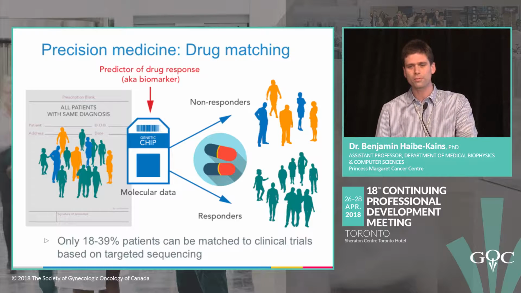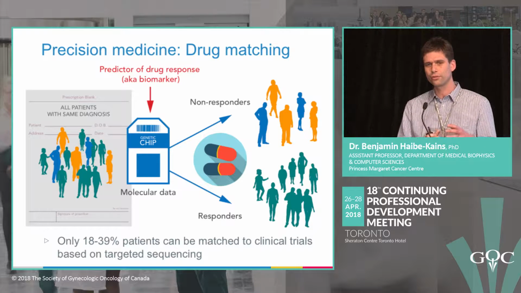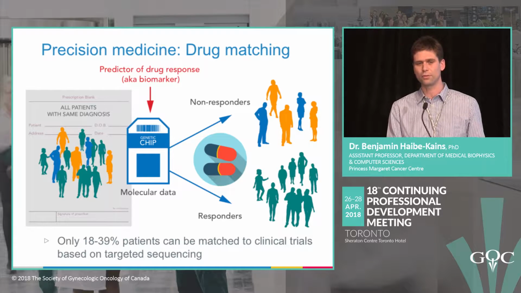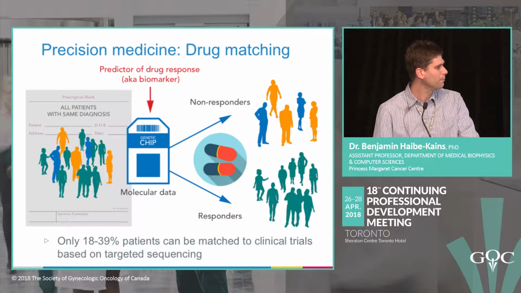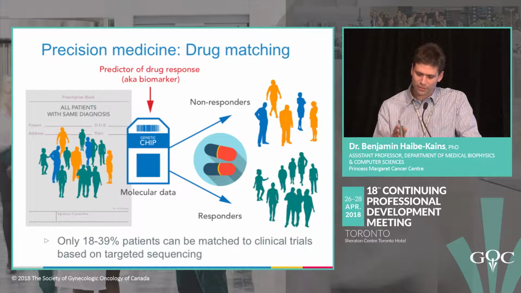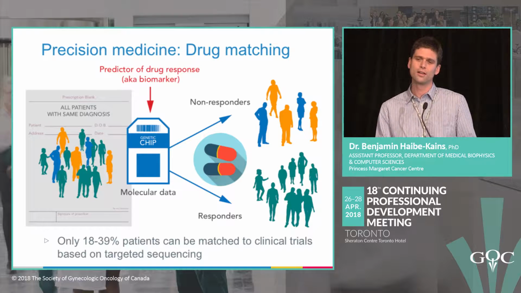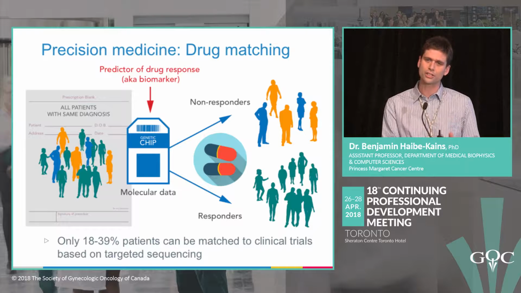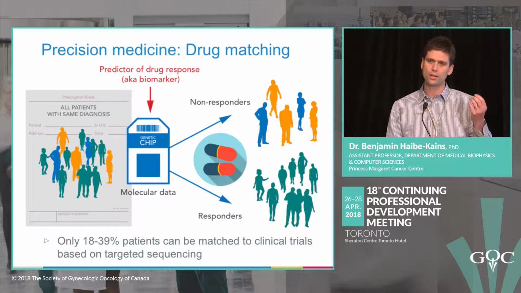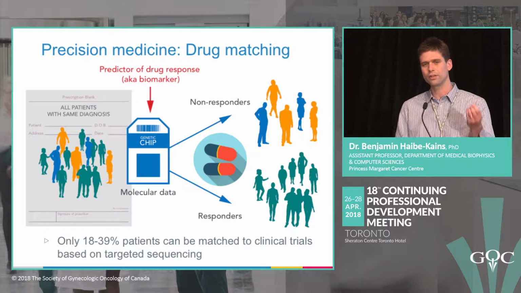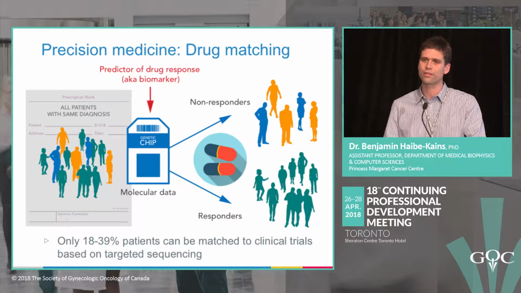So the problem here is that you would like to identify those patients that are more likely to respond to any given therapy. And the big issue is that, that's why I was asking about the definition of actionable mutations. Here I'm going to call actionable something about the treatment. So an aberration that you find in a tumor that could be used to predict which therapy we should give